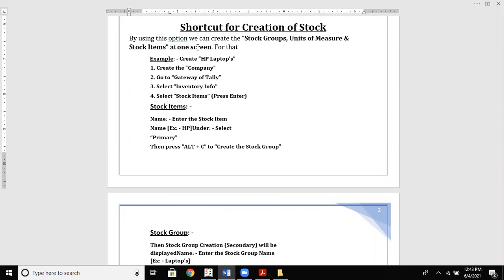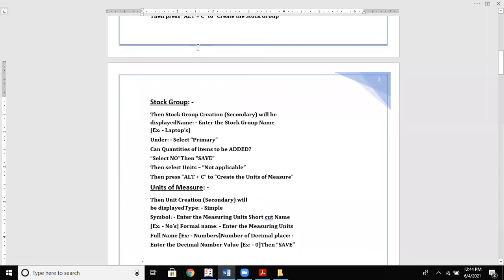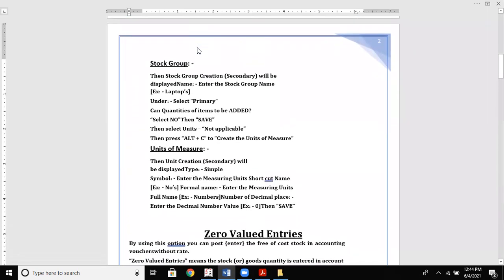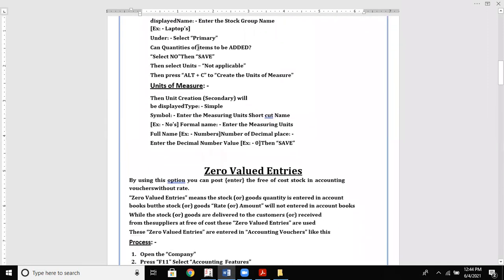Create your company, then go to Gateway of Tally, inventory info, stock items, hit enter. Enter the stock item under sales, then press Alt C to create the stock group. So we used to do it like this, right? This way we have done the stock creations.